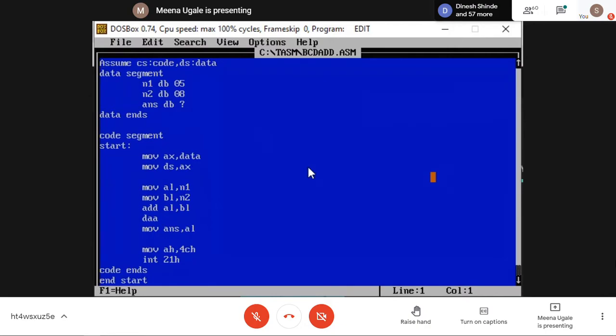Let me see who can come up with a good or correct solution. A total of 12 students replied in the chat box.